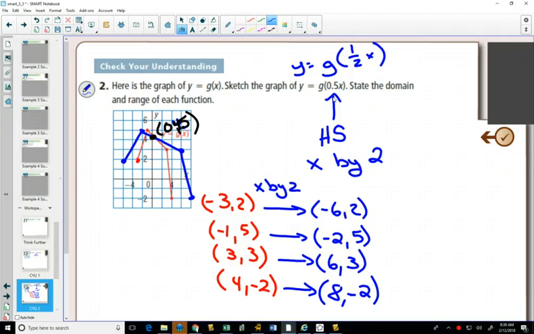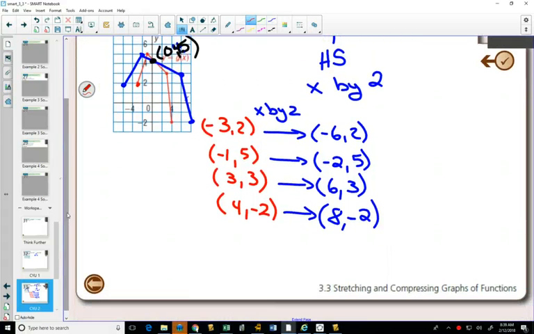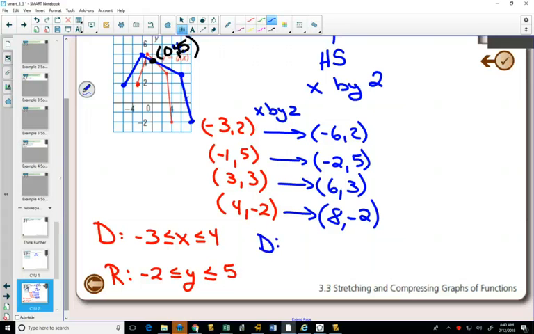Now if we state the domain and range of each function, our original function, looking at our graph, the smallest value for our x values is -3, so -3 is less than or equal to x, and our largest value was 4, less than or equal to 4. For our range, our smallest y value on our red graph was -2, less than or equal to y, and our largest y value was 5. Going to our new image graph, our domain now goes from -6 to 8, and our range